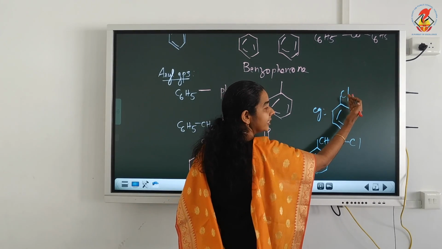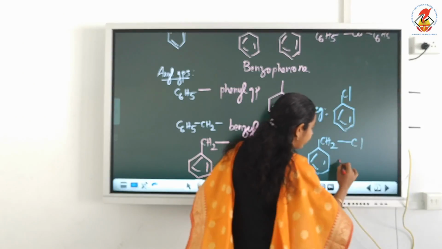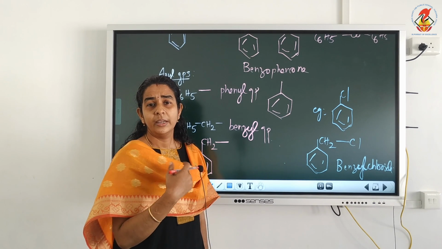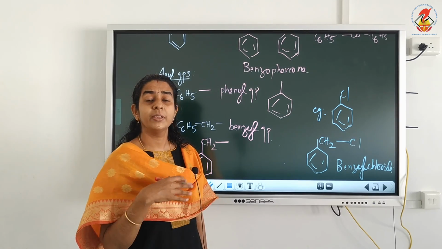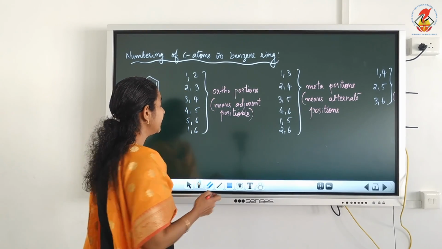Difference clear? This is chlorobenzene and this is benzyl chloride. So these are some basic or very common compounds that we must study before we start the IUPAC